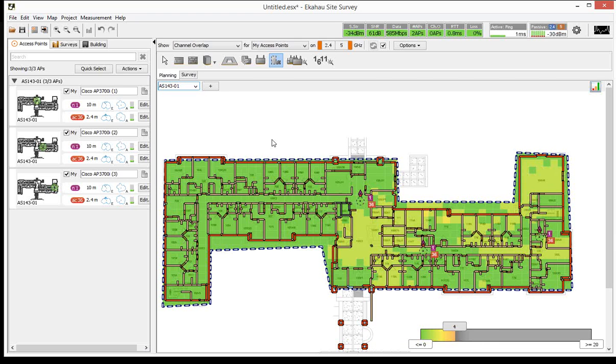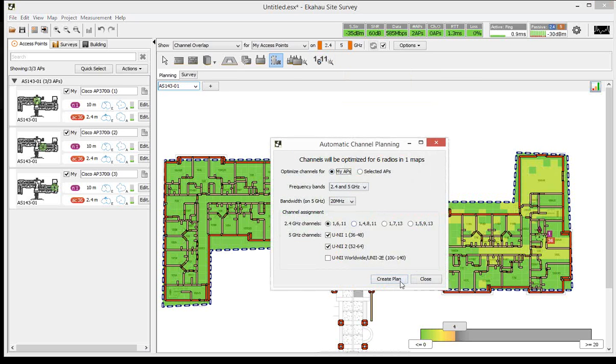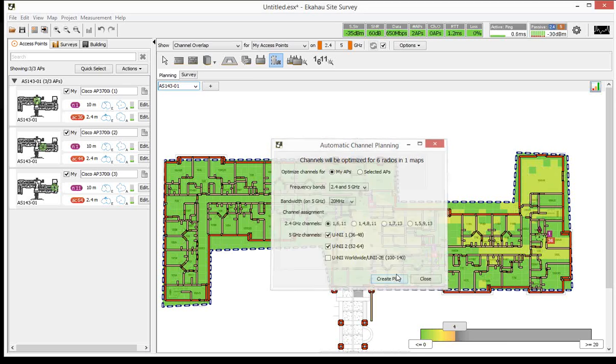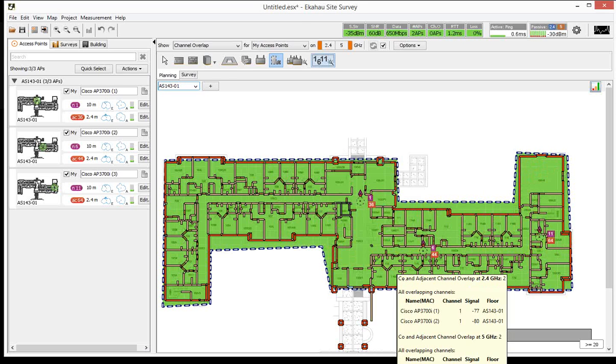So that's kind of how you deal with the planning. Also, if you have an existing network, or if you made a network plan by hand, you can use just the channel planner to optimize the channels automatically. For example, now I have 3 APs here on my floor plan. I could just optimize their channels by hitting the channel planner, say create my channel plan, and now you can